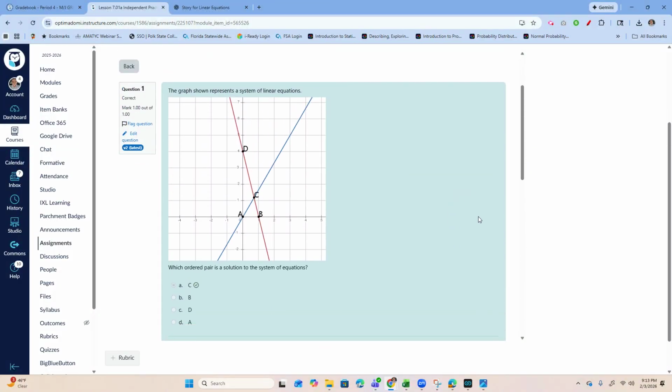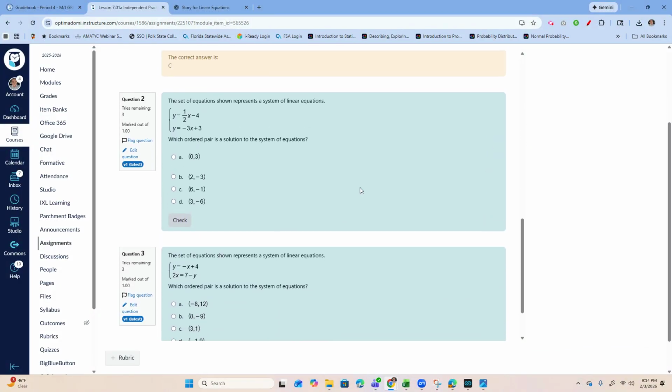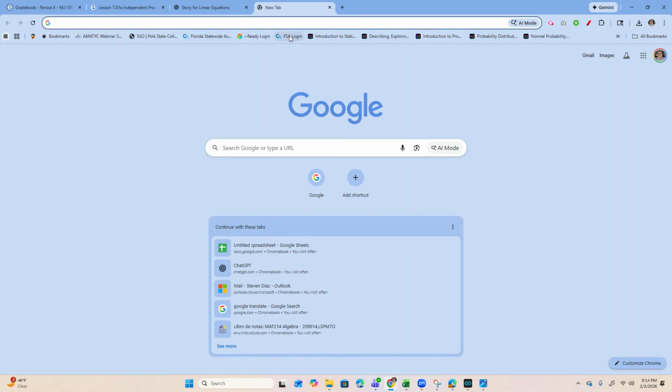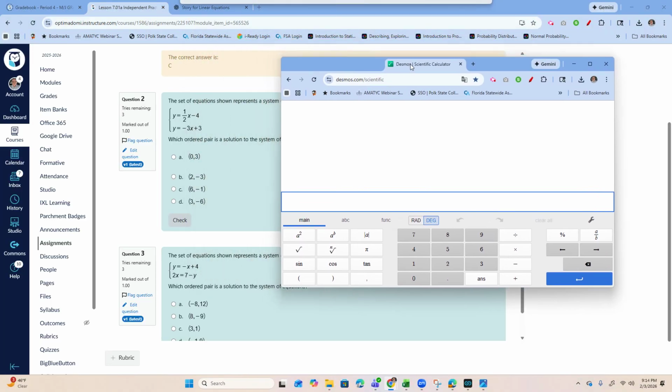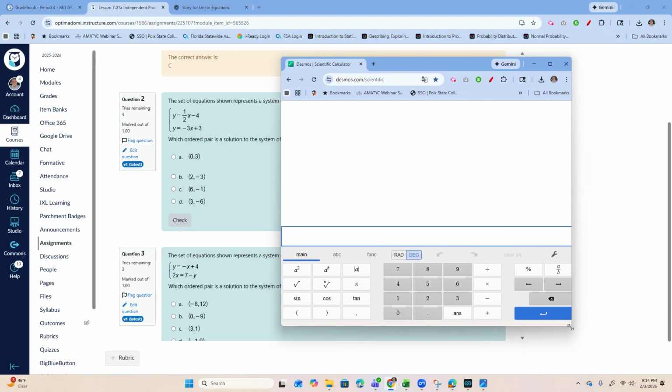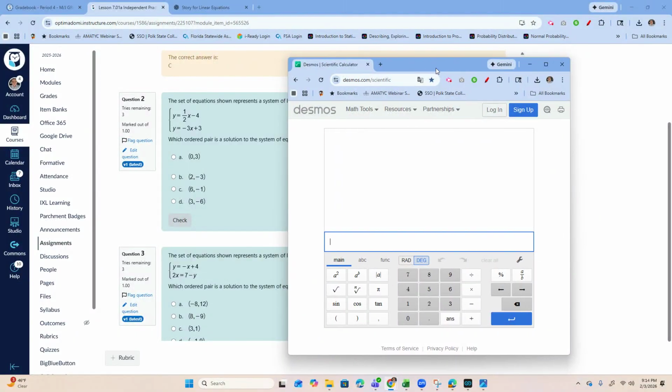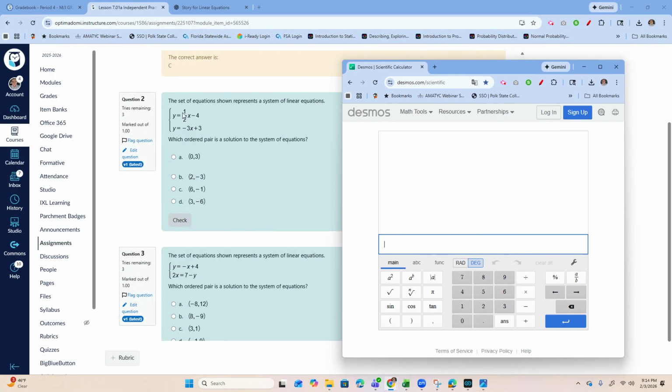Now, in problem number two, they're not going to give you a graph. Instead, they're going to give you an equation. And here is how you do this. You're going to have to use your Desmos calculator. I suggest you do the Desmos Scientific. Okay, so you're going to pull this calculator out. And if you notice, they gave us two